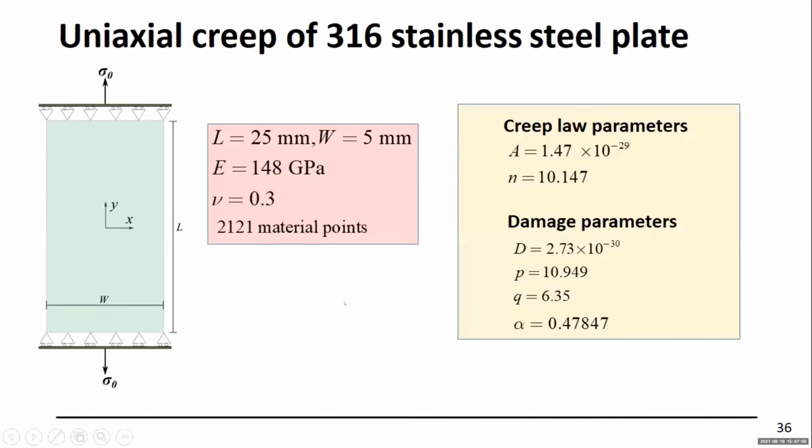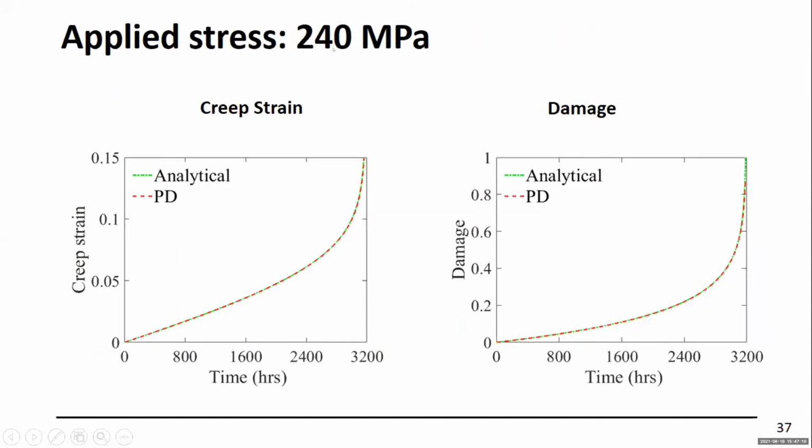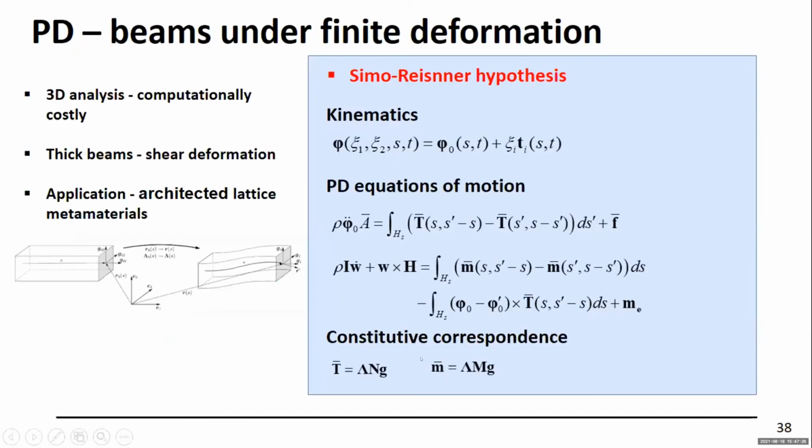And we looked at this particular 2-dimensional problem. These are the creep law parameters, and we apply stress. Okay, we hold it at 240 megapascal, we have the creep strain in terms of number of hours, and we also looked at the damage. And for this particular case, they have an analytical solution for one-dimensional analysis, and we compare it against that. As you can see here, they're in very good agreement. Okay, so lastly,